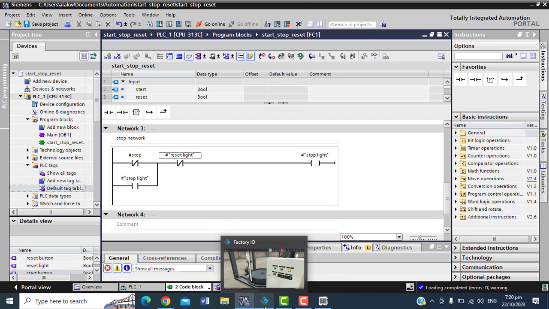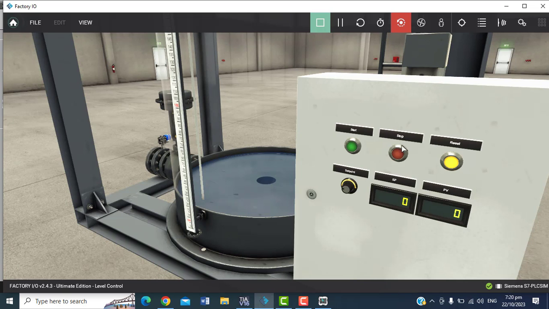Okay, so the next thing I will do here is try these things. Based on what we wrote, the other one is not on, but this one is on. We agreed that if I press this one, this light will go off. So I press this one. If I press yellow, nothing will happen, and if I press this one, nothing will happen to the green itself.